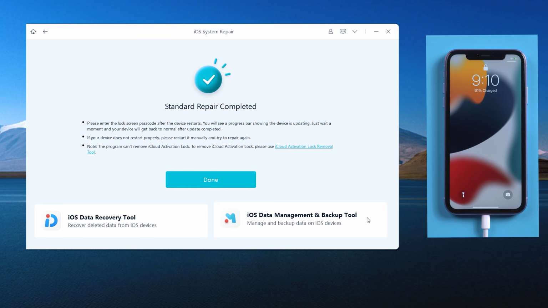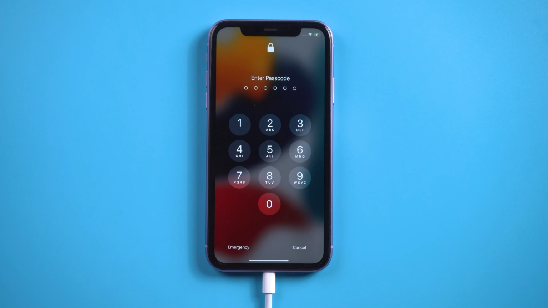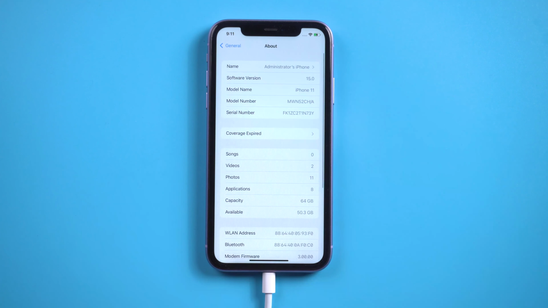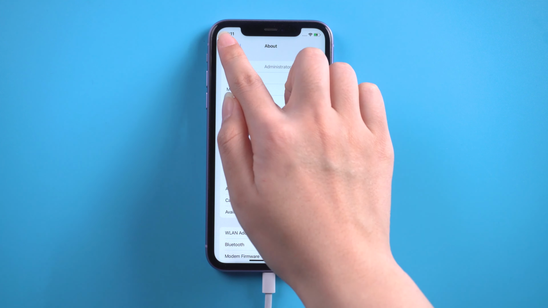It says that the repair is completed. Let's get back to our iPhone and check it out. As you can see, the software version has been successfully updated to iOS 15.